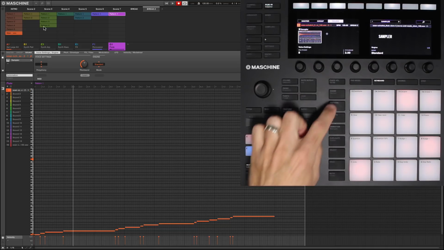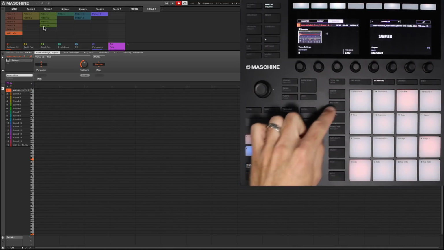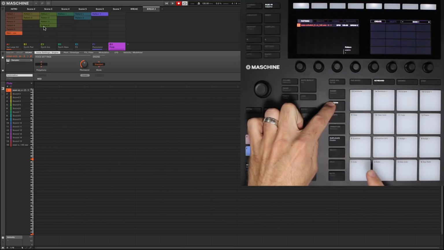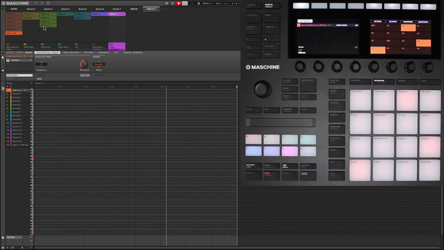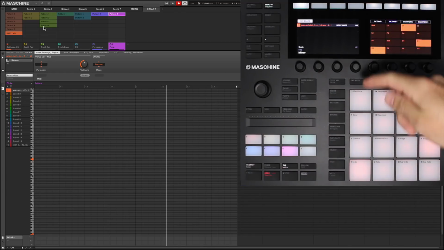Not exactly how I want to do it, so I'm going to go ahead and delete that pattern right away. But let's just create a new pattern and start trying to come up with something. Now, first thing you're going to note is you need to be in keyboard mode. And the problem with this is that the keyboard, typically this comes down, so sometimes your keyboard remembers where your